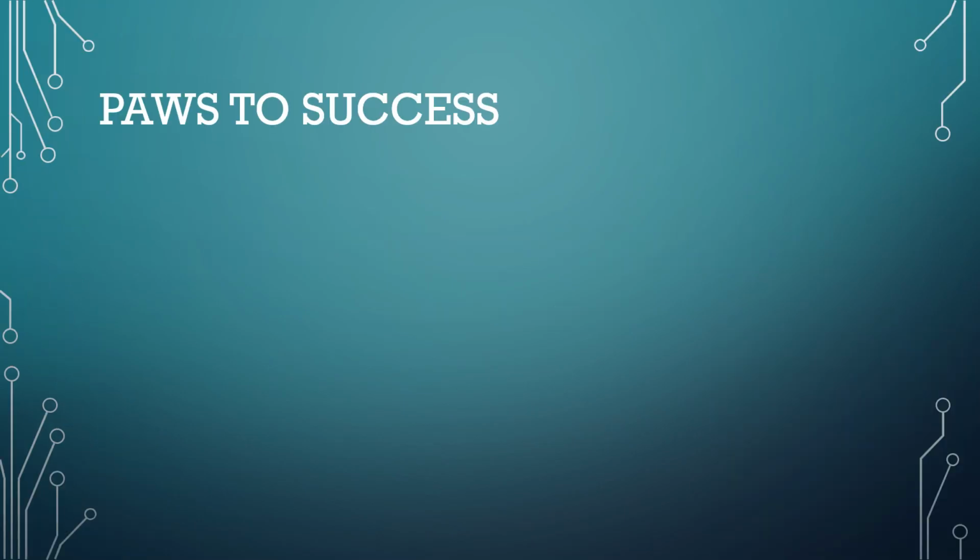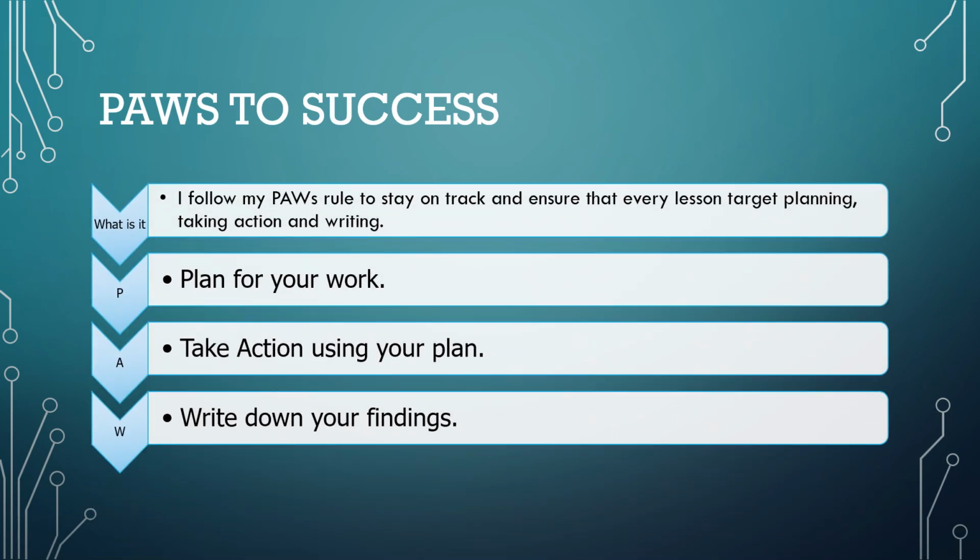Pause to success is a rule that I usually follow in my videos, and I used to follow in my classes. Students enjoyed remembering it by PAUSE, which means P is for planning your work, which begins by collecting all the information that you may need for that experiment or that activity that you are working on. A is for taking action, which begins by